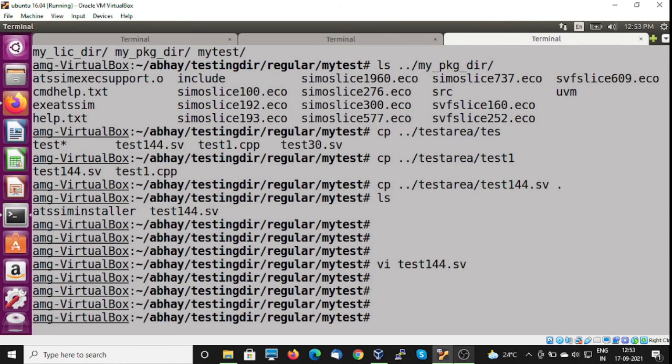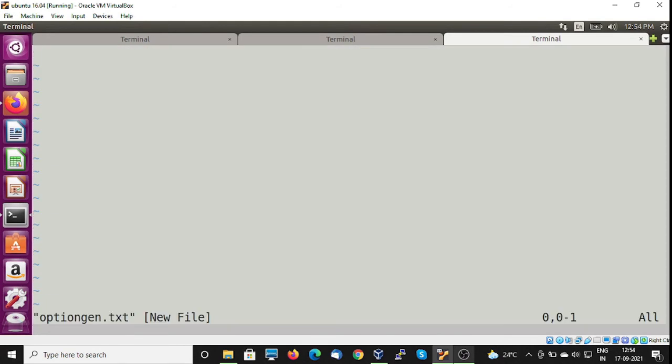Here I will give some options. I will create one option file, general options. So my general options are simulation time I'm giving maybe 10,000 nanoseconds, I will make it non-interactive.